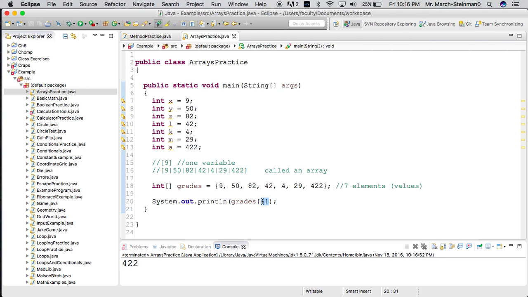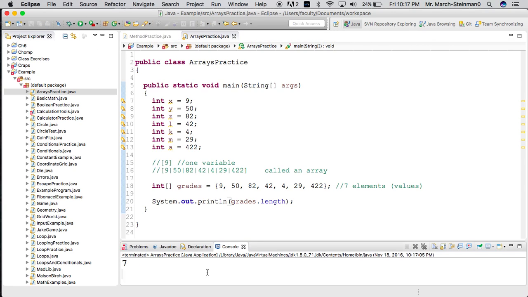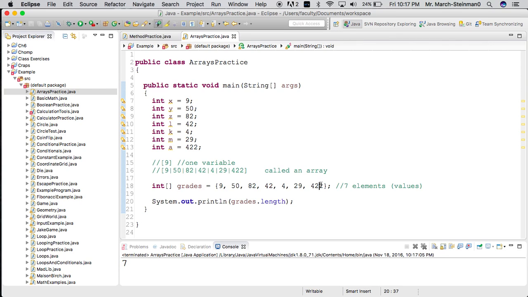Another thing that I could do is say, oh, well, what's the length of the array? And I could print this out. It would tell me how many values I have, but not what the last position is. Remember, the last position was 6. So if I said something like, show me position 7, because it's 7 long,